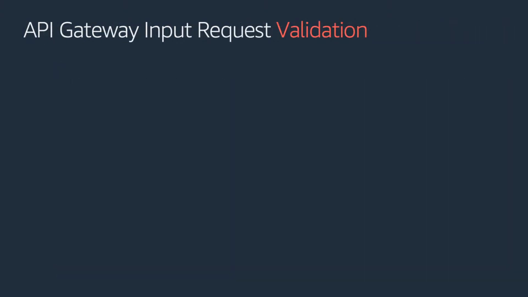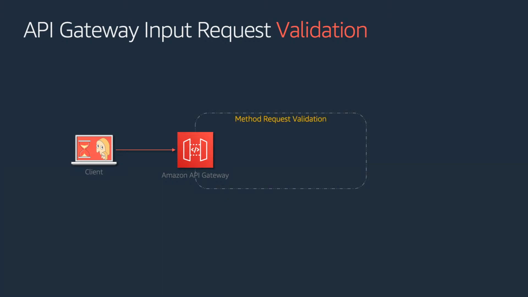So putting it all together in the architecture, I'm going to show you how it works in the backend. You have your client, which is sending a request to the API Gateway, and the API Gateway has got this request now. It also has the schema of how to validate that request. So it is going to perform some request validation, and if the request validation is successful, then API Gateway is going to trigger my Lambda backend. If the request validation fails, then the request will be going back to my API Gateway and say that, hey, this request is not valid, inform the end user. So this is how the architecture flow in the backend works.